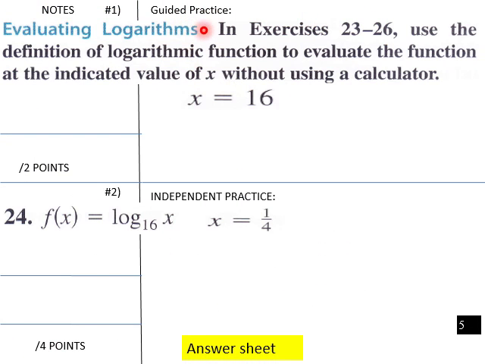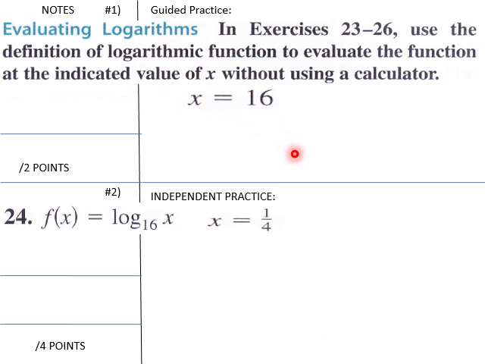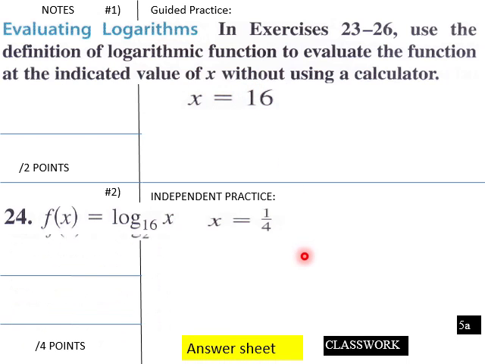Into our first guided practice here: use the definition of a log function to evaluate the function at the indicated value of x without using a calculator. So for number 1, f of x equals log base 2 of x, and in this case x would equal 16. Basically the question is, 2 to what power would equal 16? So to solve that,